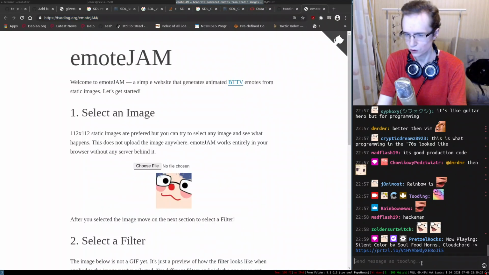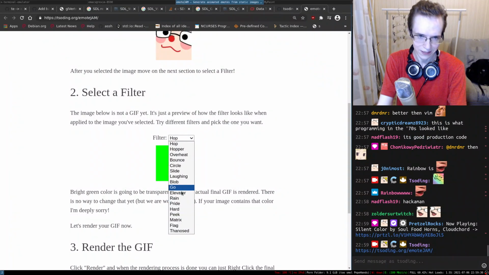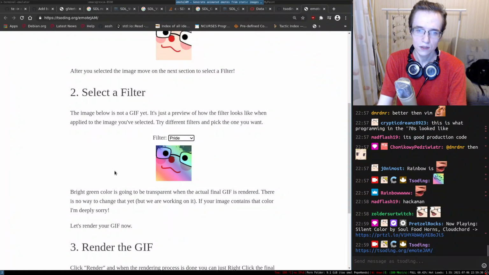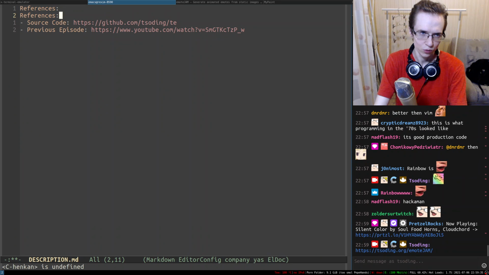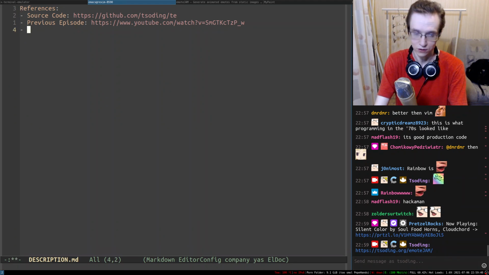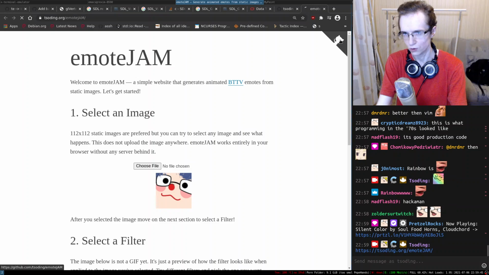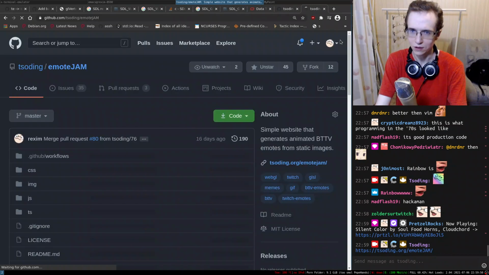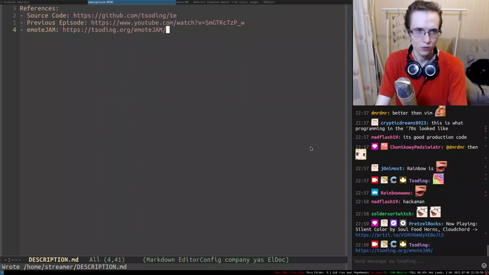If anyone is interested, you can find it in here. But one of the filters that it has is this one. It just basically scrolls through HSL. I'm also going to put that in the description for people who are watching on YouTube, if anyone's interested. Emote jam. So yeah, and this entire thing is completely open source. You can find the source code in here. So just in the corner, click on GitHub, and you can use it for free for anything you want.